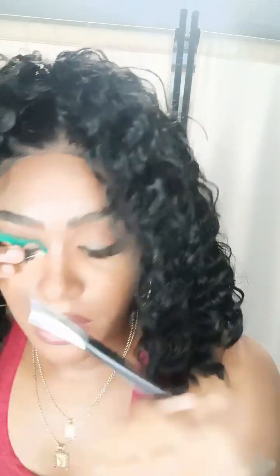So I'm going to use hard, since I already have the colors, so it's already easy to apply. All you have to do is lay this flosser here and just go in and just over it. If you don't know how to do a cut crease, this is a great tool technique. Now, if you guys know who Glam by Susan is, this is what she usually does for her tutorials. And she used that